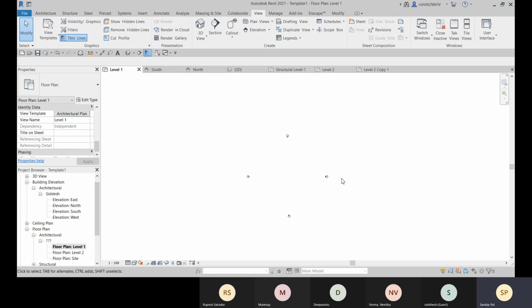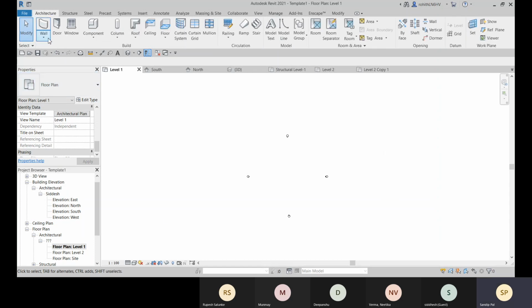And this is the way we go for units, and we create our views, and we set the project browser, we organize the project browser, and then we define the view template, and then we start working. So here we have this wall options available, and this door, window, these options are there.